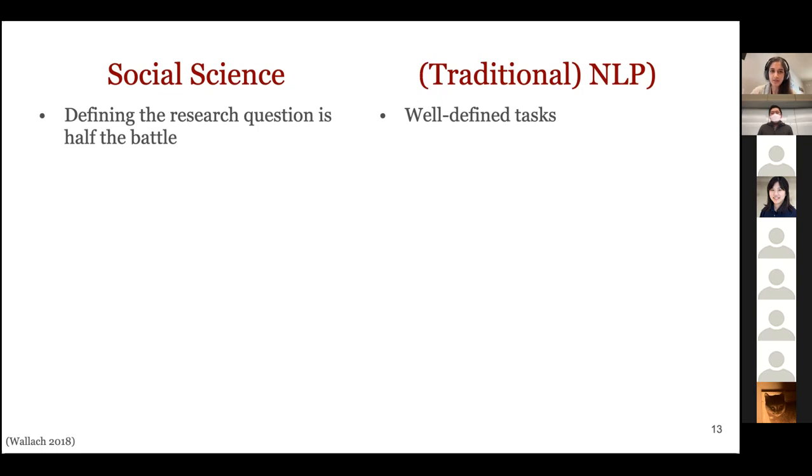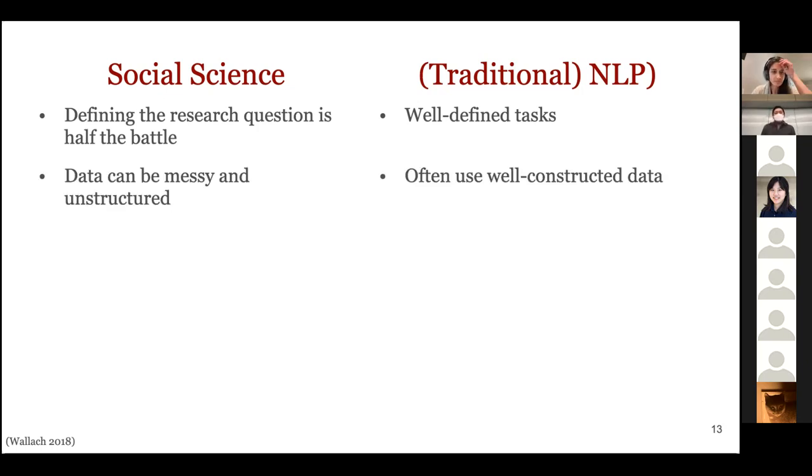And that's different from a lot of the approaches that we see in NLP research, where we're often working on tasks that are pretty well established and defined. In a social science space, if we can just figure out what we're looking for, that's half of the research question itself. The other difference is that a lot of times in socially oriented questions, the data that we want to work with can be really messy and unstructured. That's different from when we turn these tasks into an NLP setting, where we're using well set up reusable data sets that have been nicely parceled for NLP models.